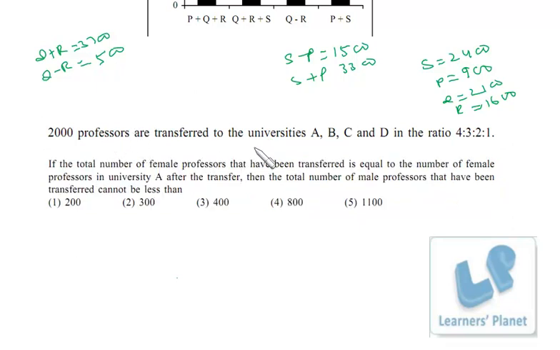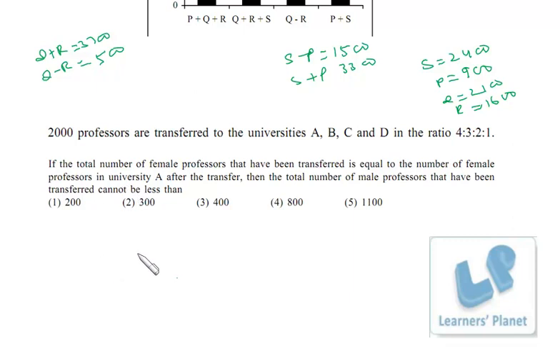2000 professors are transferred to University ABCD. If the total number of female professors that have been transferred is equal to the number of female professors in University A after the transfer, then the total number of male professors that have been transferred cannot be less than...